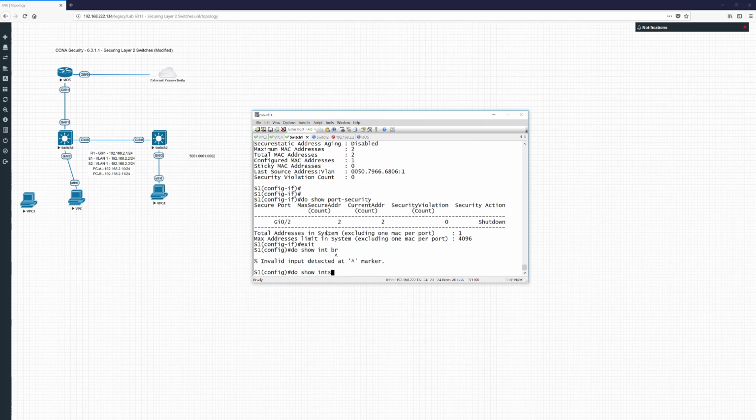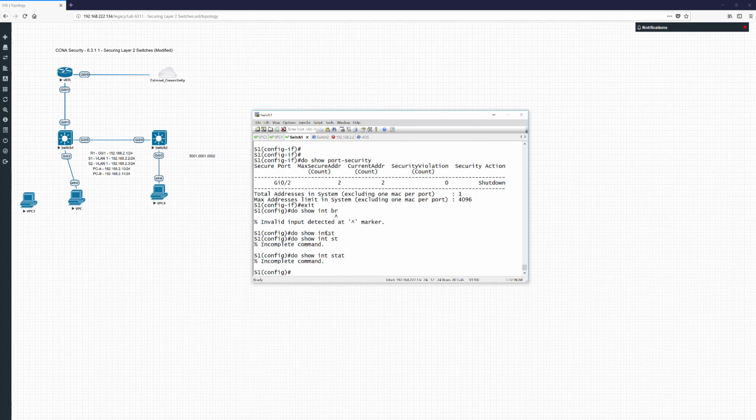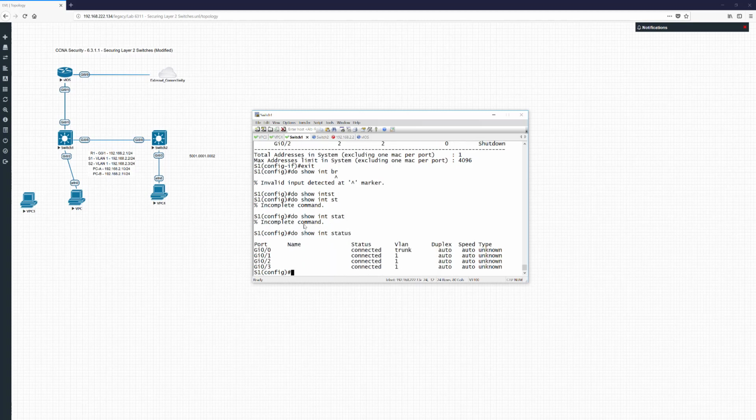And what we're going to do is we'll do show interface status. And we've got gig 00 that we're using between switch 2 and 1, gig 01, which is between the router and the switch, and gig 02 in use. So the only one that we're not using is gig 03. So what we'll do is we'll do